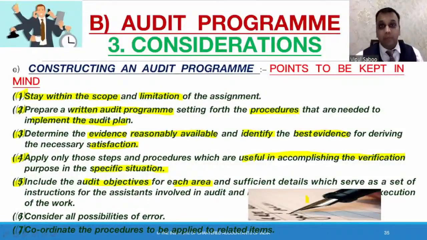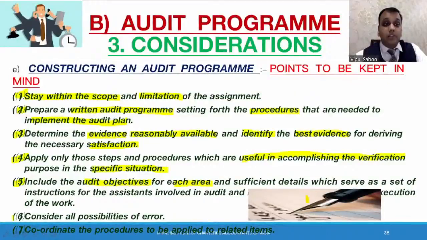Like in my example, I would give it to Jay, inventory stock taking, and Jay will read what is the audit objective. The stock in books of accounts should match with the stock physically available. So the objective is clear in Jay's mind, and now he'll be more alert. I have to tally the stock with the stock sheet, right?